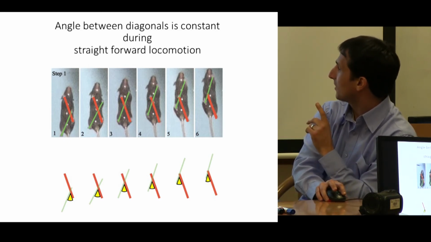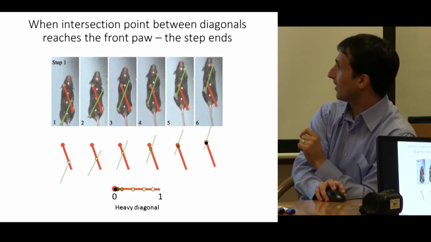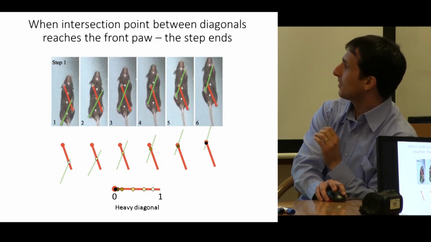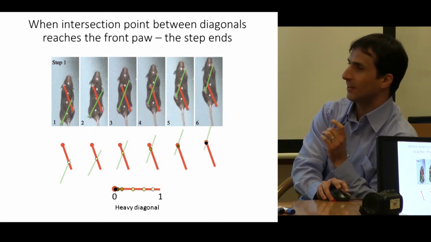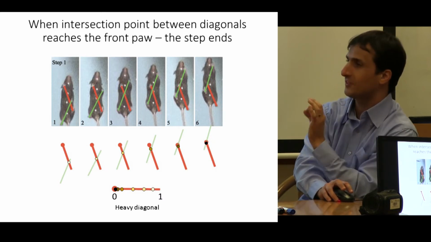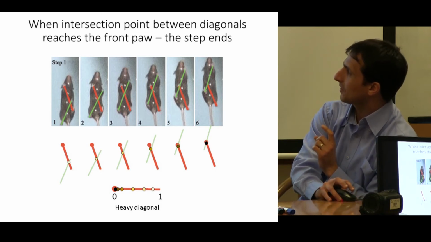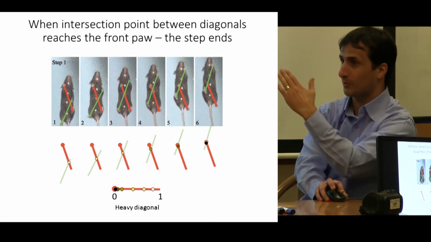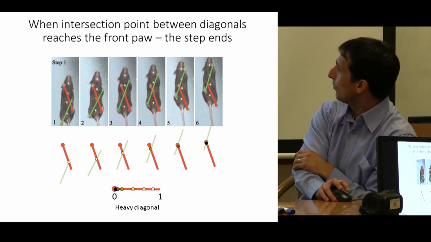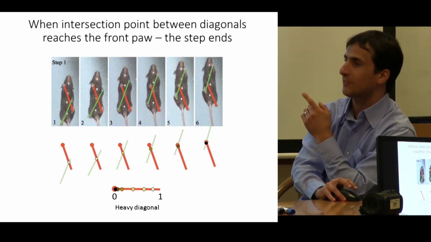The other very interesting thing was that another parameter that describes these two diagonals is the intersection point between them. And as I mentioned, we use the heavy diagonal as our frame of reference, and the front paw was our 0 point. And that was because for a step, if we look at the intersection point and what happens to the progression of that intersection point throughout the step,